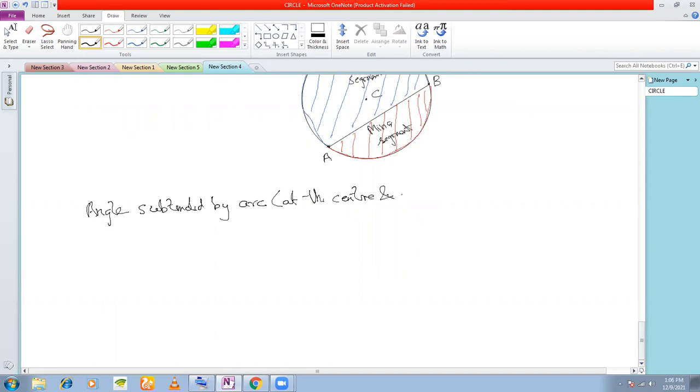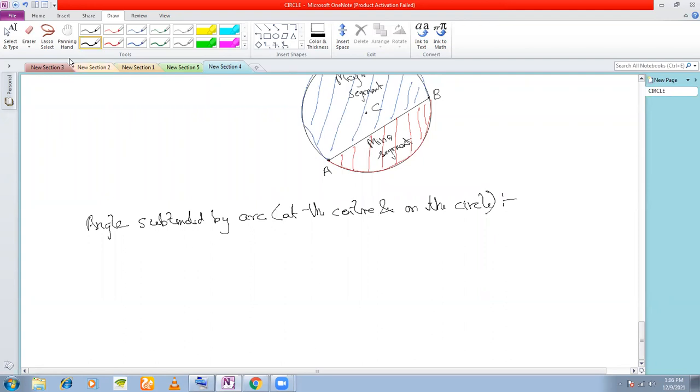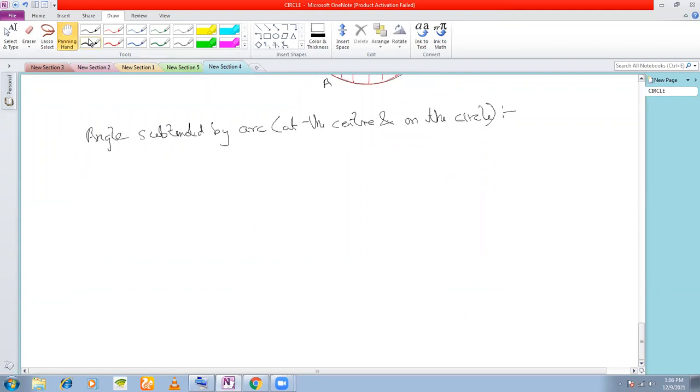And on the circle. There are two angles that are subtended by an arc. One is at the center and the other is on the circle. Okay, fine. So let's first discuss angle subtended by a minor arc